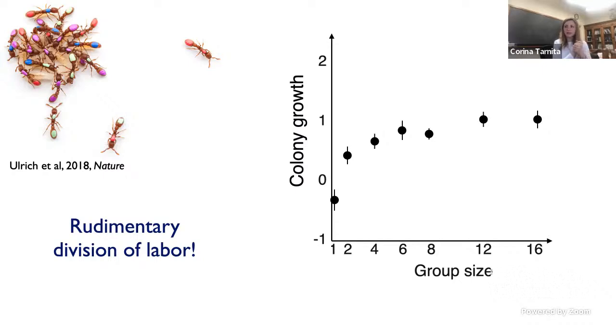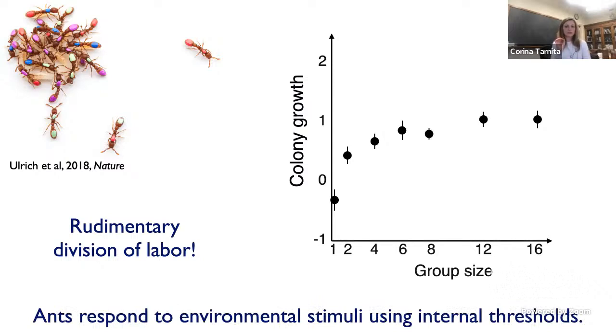And the most important takeaway from that model was that it did not require ants to actually communicate with each other. So we were able to get the same level of rudimentary division of labor simply by relying on internal thresholds that ants use to respond to environmental stimuli, such as begging from the larvae or trash piling or whatever stimuli might exist. But the model did not require additional social communication between them,